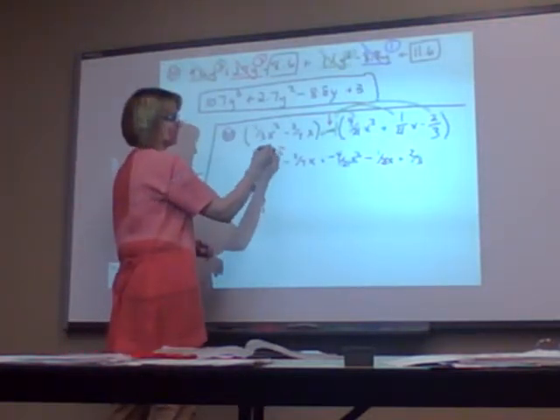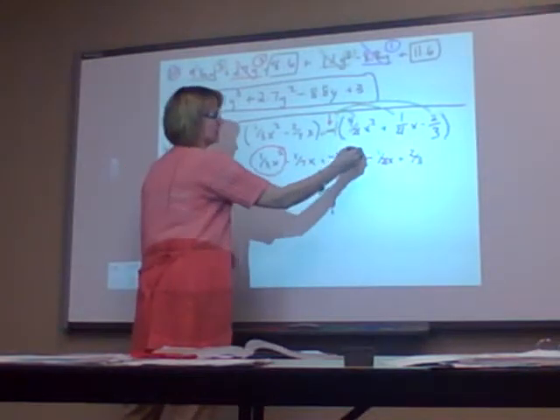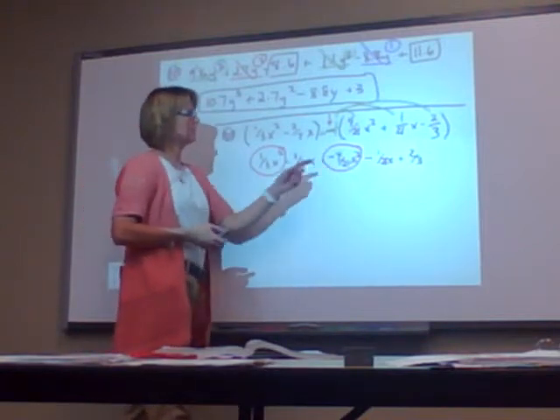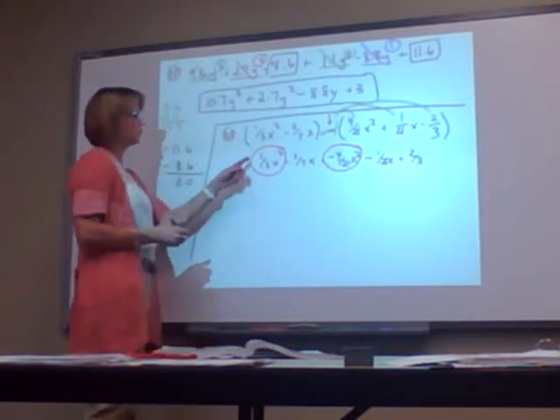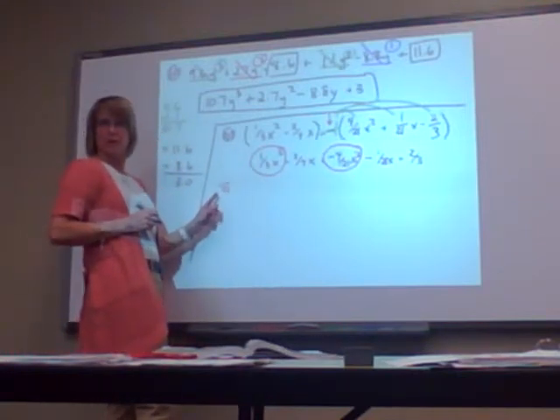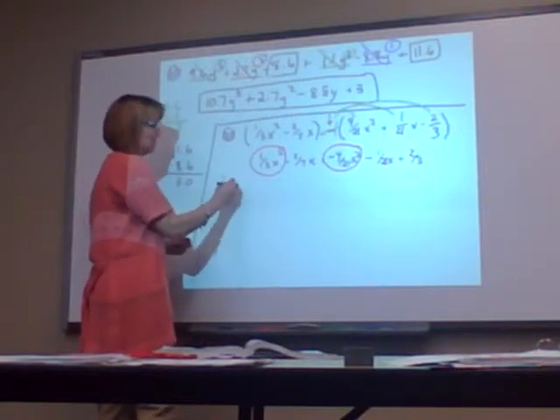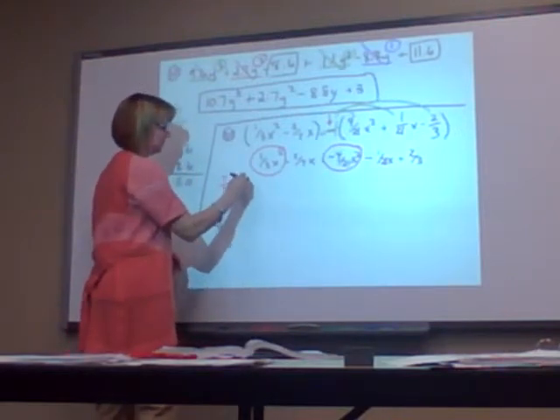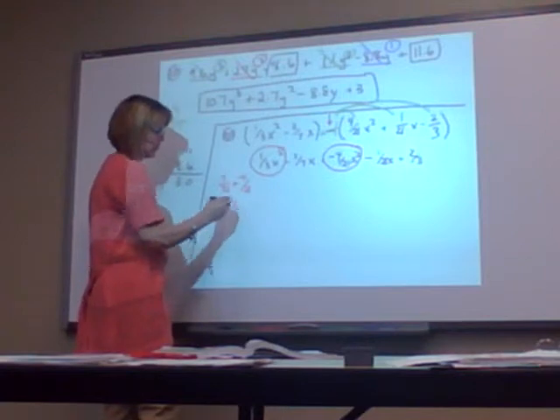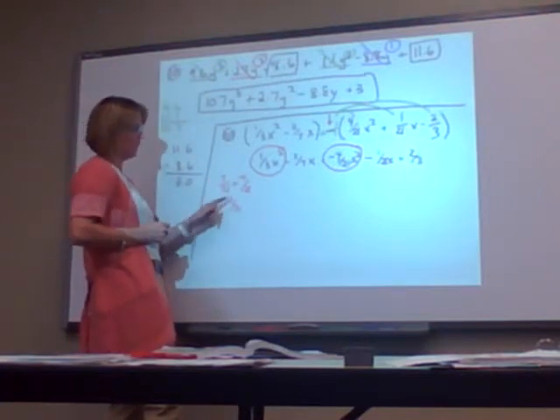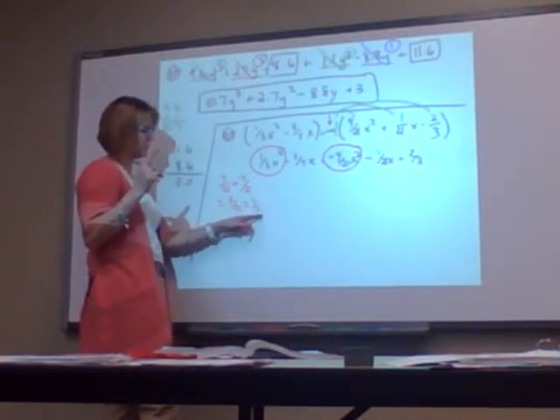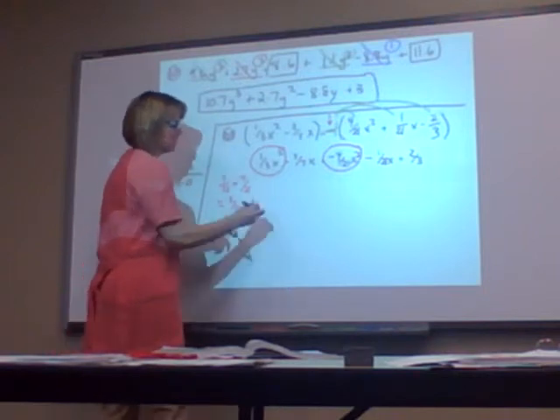All right, now that I have this rewritten, that was a little lengthy, I want to see what's the same. This guy has an x squared. This guy has an x squared. Yes? So 1/3 plus negative 4/21. I'm going to change the 1/3 to be something over 21. 3 times what is 21? 7. So 1 times 7 is 7. And then I have a negative 4 over 21. That equals 3 over 21. 7 minus 4 is 3. And 3/21 will reduce to 1/7. Because 3 goes into itself 1 time and 3 goes into 21 7 times. So that's going to be the coefficient